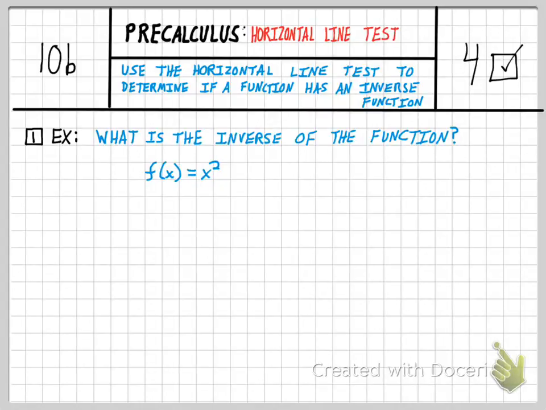This is Pre-Calculus Concept 10b. We're going to talk about the horizontal line test, and there are 4 boxes. We're going to start off with an example that leads to kind of a special situation we need to watch